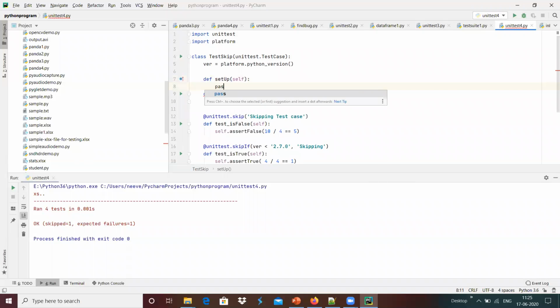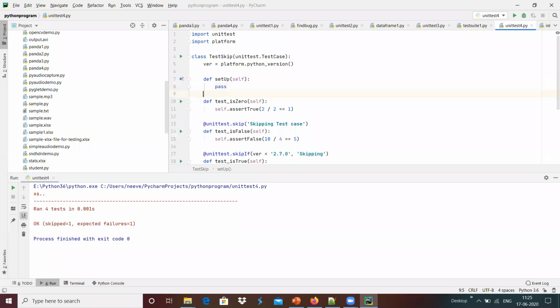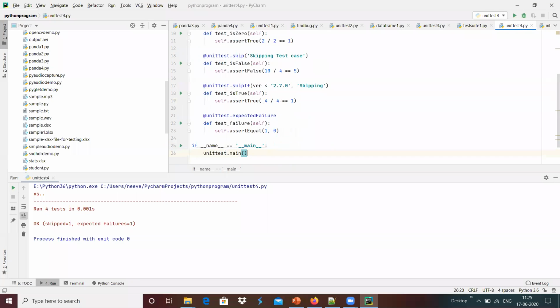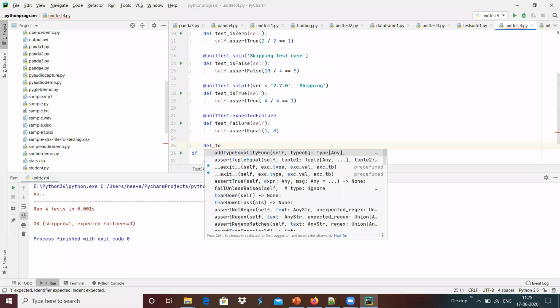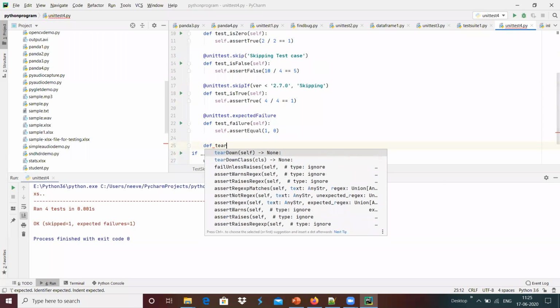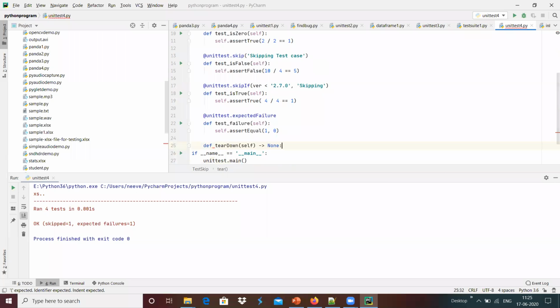Maybe I'm going to do a pass. It's a simple one. In a similar way, for what has to happen during shutdown, we can do that here with the tearDown function. Maybe I'm going to put a print